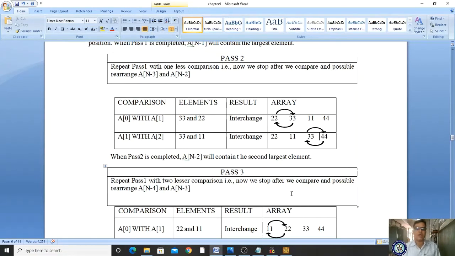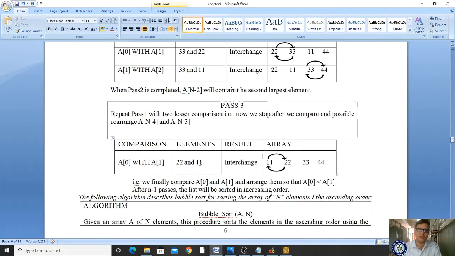Got it? In the third pass, the third iteration, the i value will increase. At that time it will compare a of 0 with a of 1. Now a of 0 holds 22 and a of 1 holds 11. Is 22 greater than 11? The condition is true, so it has to interchange: 11 will come in a of 0 and 22 will go in a of 1.